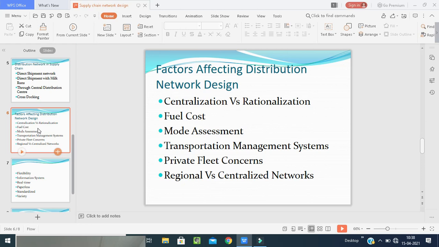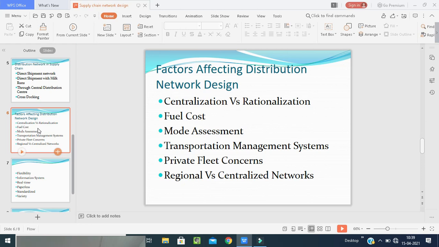Next, the transportation management system. The manager is the authorized person who handles the management system of the transportation. Which driver should take which truck? Which goods should be carried in which truck? They have to know the customers' demands, needs and expectations: on which date, at which time, to which place and in which direction the goods are to be transported. How much time it consumes, how much fuel it consumes, and whether the vehicle is in proper fitness condition or not. They have to check it.